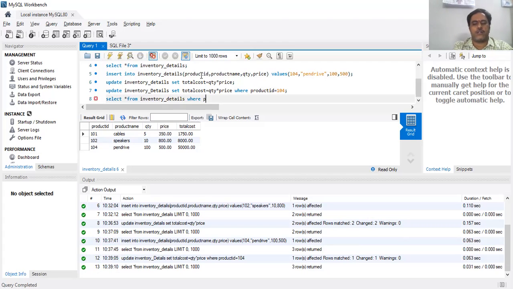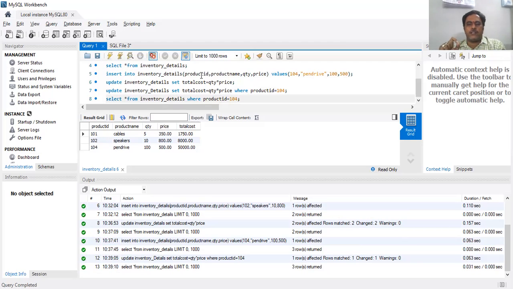Where I have to specify product ID equal to 104. Wherever the product ID is 104, that record only will be displayed rather than displaying all the records.